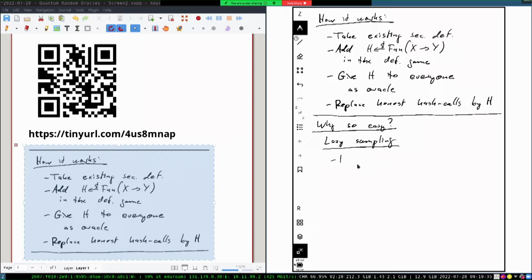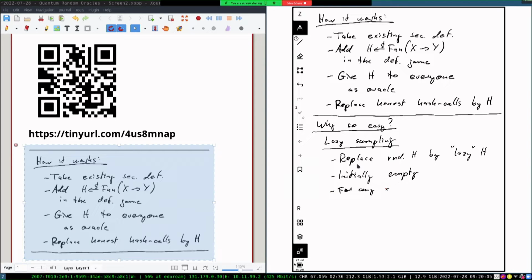So the idea is we replace a uniformly random h by a lazy h. Initially this is an empty function, which has for any input an undefined output,